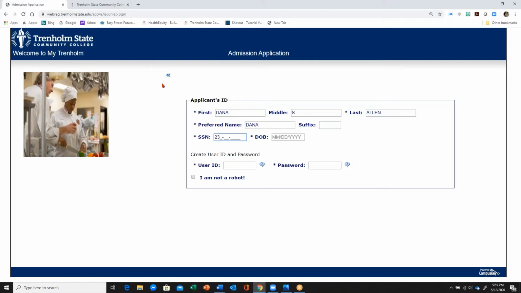Put your social security number here and your birth date and a user ID. Here you want to make sure you remember your user ID. Make sure you don't go past 6 digits on your user ID or your password, because if you do, you will get locked out and you will not be able to continue your application should you have to save it